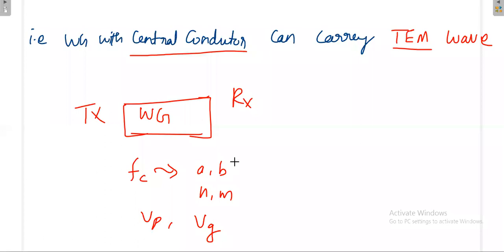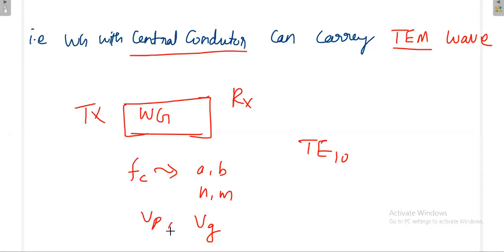So TE mode and TM mode are not separate. When wave is going from one end to another end, there will be many modes. We discuss TE10, but there may be more modes. We don't know; at a time there will be a lot of modes. Each mode will be carrying its own energy. We will know that only if we go into more detail. But as you ask, I don't know of a separate TE mode and TM mode for this.